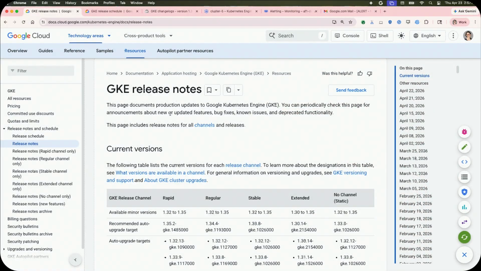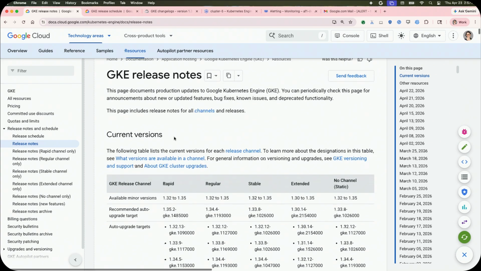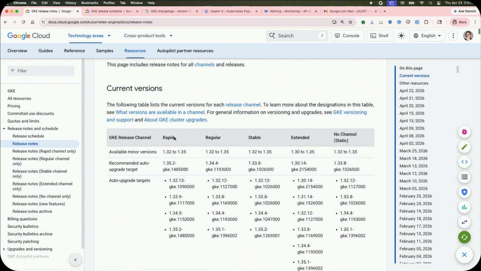All right, so what I wanted to show you are the references for release channel and releases in general. We've spent a lot of time investing in transparency for release and release channel. So there are a few references that you can refer to each time you have questions around it. One is the release notes.